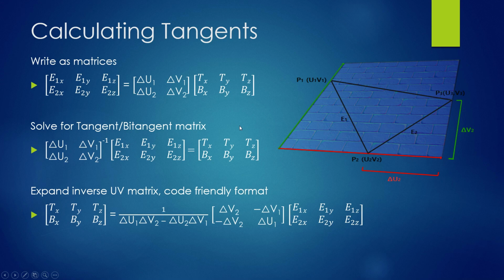So in the end, we want our tangent and bitangent. To solve for that, we basically want to isolate this equation. We can take the inverse of the UV matrix and multiply it by each side in order to isolate this matrix. So now we have the inverse of the delta UV matrix times the edge matrix is equal to the tangent bitangent matrix. And down here I expanded out the inverse because in the end what we're going